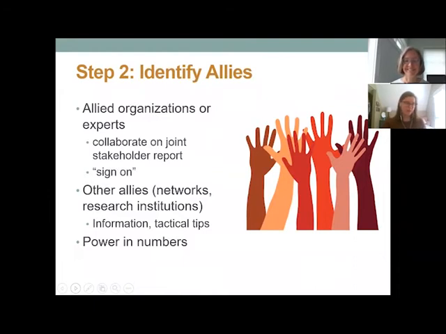All right, step 2, identify your allies. You should identify any allies who could collaborate on a joint stakeholder report or sign on to a report that you yourself prepare. These allies may come in the form of other NGOs or research institutions such as universities. I think the Advocates has collaborated before with U of M, the University of Minnesota, with a team of students. As we mentioned before, there is power in numbers. For one thing, you get to submit a longer report, but a single stakeholder report supported by a large alliance or a collection of stakeholder reports submitted by a broader network is more powerful than scattered submissions. So keep that in mind.